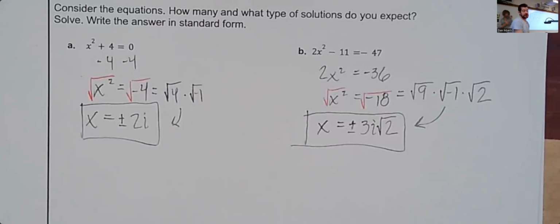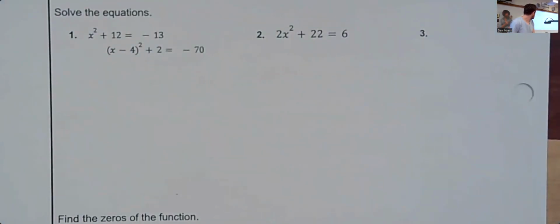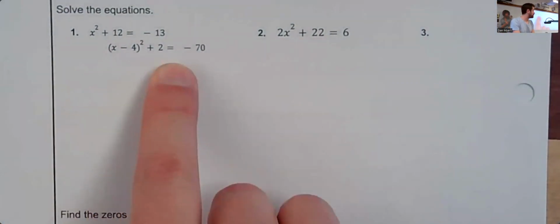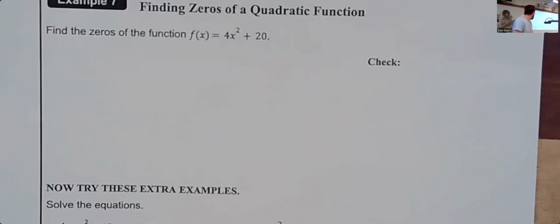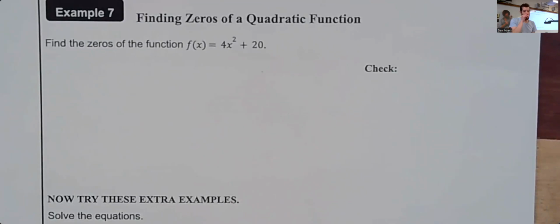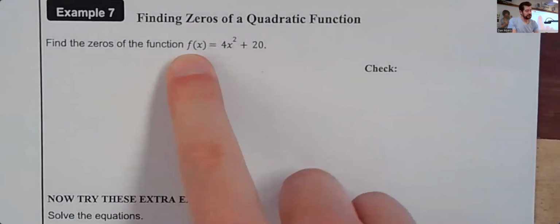All right, go and flip it over. Let's finish this up. We got a few more problems on the back. I apologize for the misprint on problem number 3. This one right here is number 3. We'll go ahead and address that when we get there. So let's start up at the top here. So finding the zeros of the functions, it's the same as what we did on the front. It has to do with replacing f of x with 0